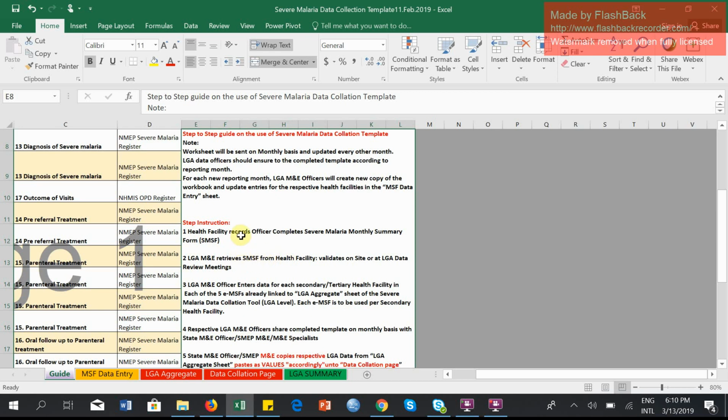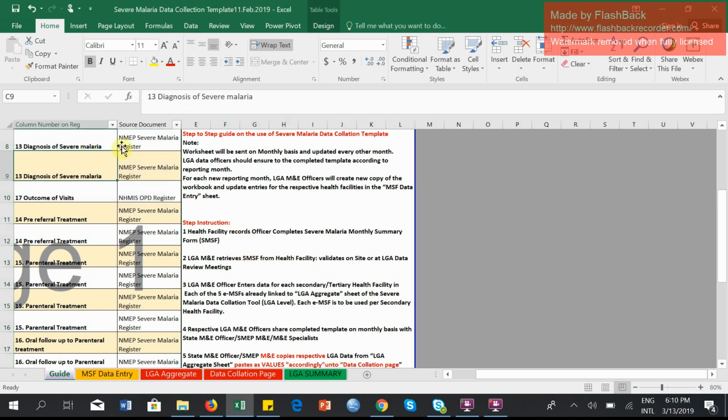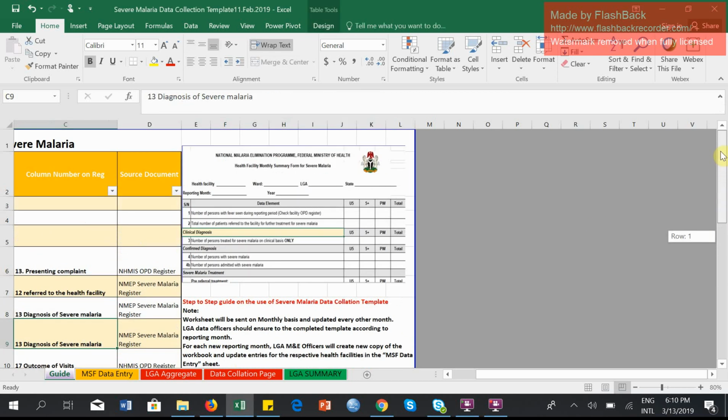Here, I want to use this opportunity to explain how this tool is used. Basically, this tool is a severe malaria data collection template, which was shared by every state,